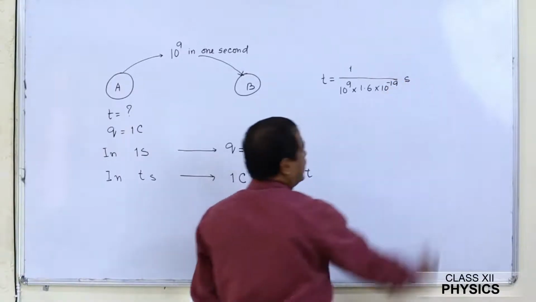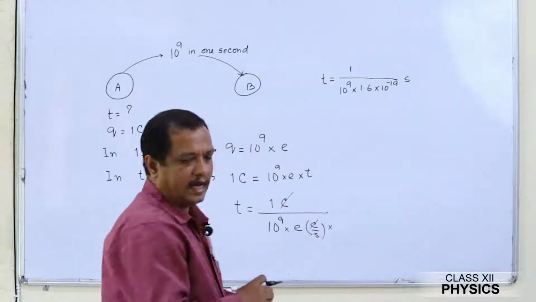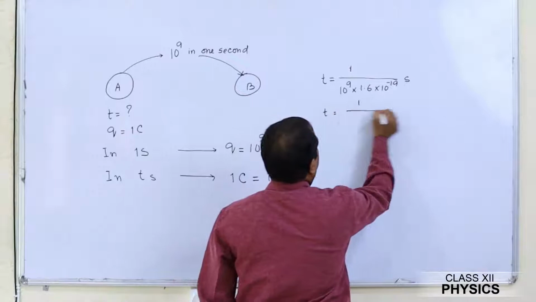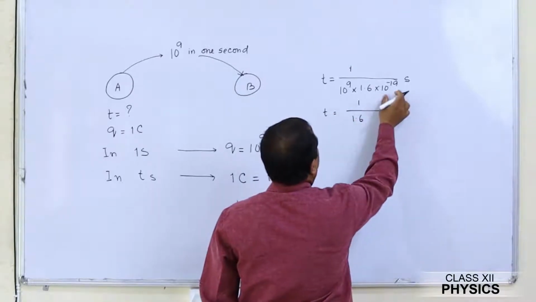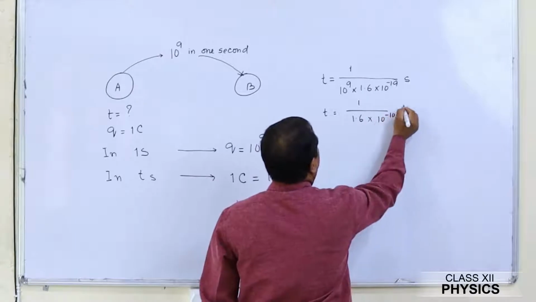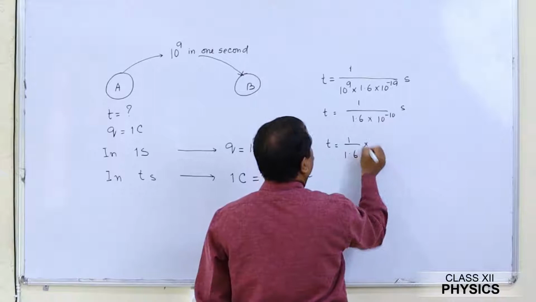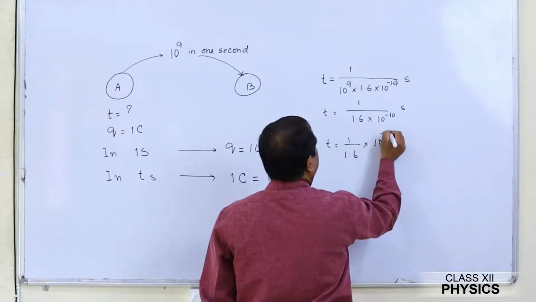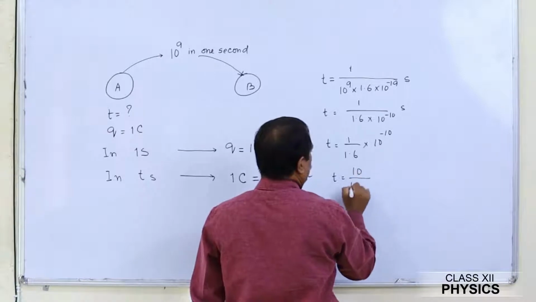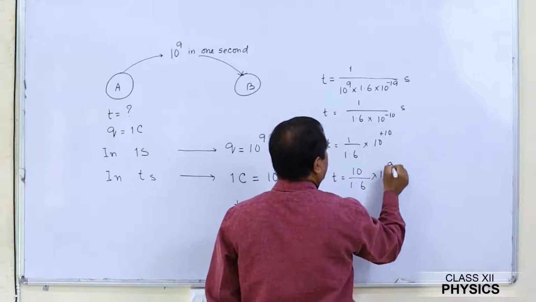This will give me seconds. If we work out this time, then T is equal to 1 divided by 1.6 into 10 power 19, and 10 power 9 gives me 10 power minus 10 second. Otherwise, I can write 1.6 into 10 power minus 10. Otherwise, T will come out as 1.6 into 10 power, this will be plus 9.